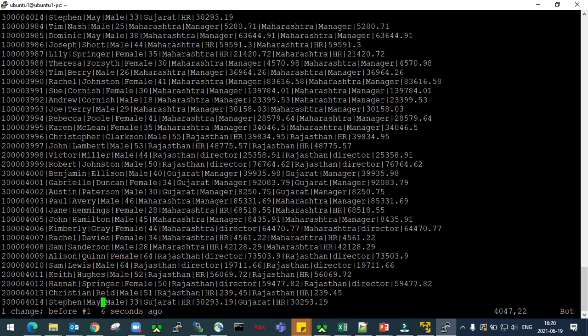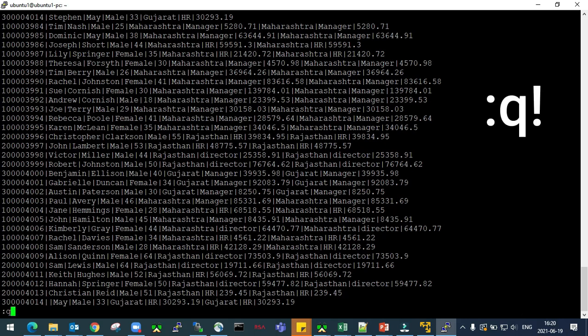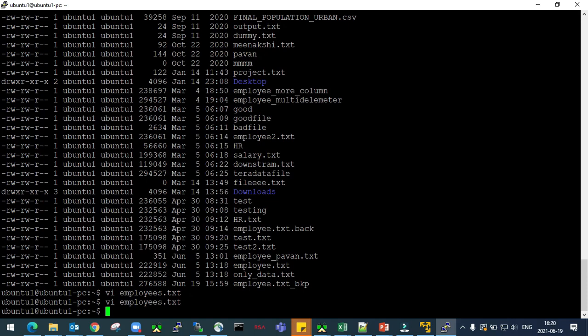Now in my file, let's suppose that I have done some editing. I have removed this name called Stefan, right? But I feel that no, we do not have to remove this name. Now I want to quit my file, but I do not want to save this change. Then what we can do is we can just press escape key to come into the command mode, press colon Q for quit, and you need to give an exclamation mark. So in that way, whatever changes you have done in the file will not be saved in your file, and you will be able to quit from the file, right?